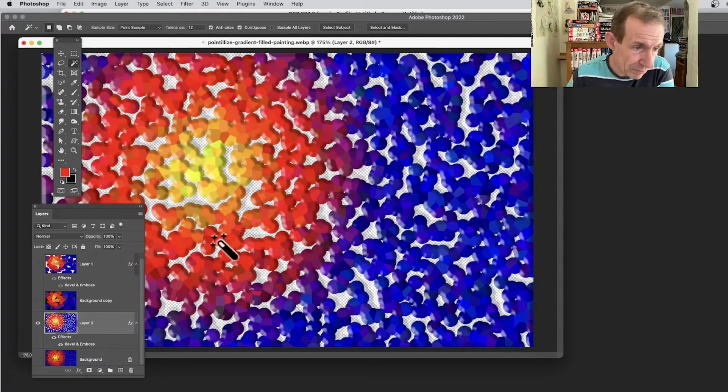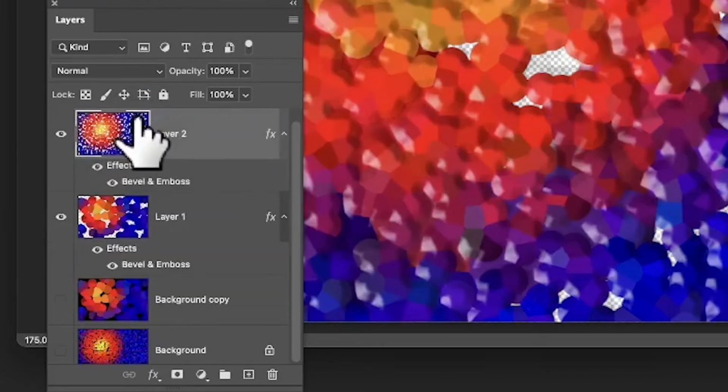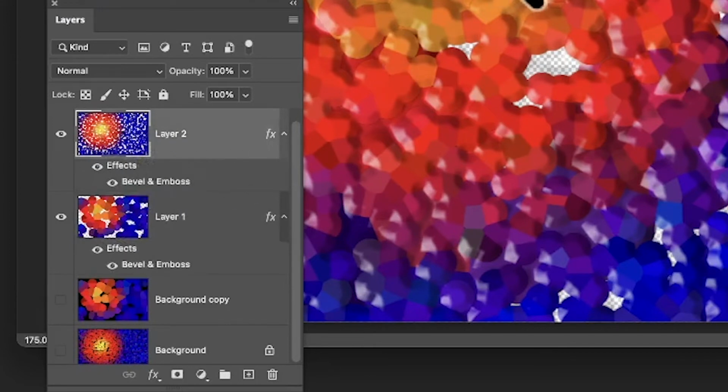Now what I can do, I can bring the other one back. So there's that one and there's that one. And now of course that's on top. That's easily solved, because what you do is just drag it up. You can drag these layers at any point and you can see the effect added on top of the other one. Now if you've got this effect and that one and it sort of drowns it out,